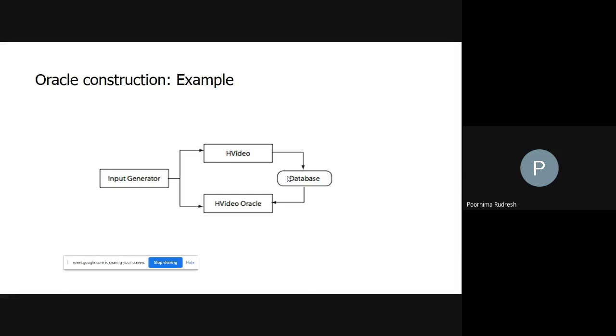Once that information is displayed, you can get the data, and if you want to run it once again, you can do that. So here, searching the given input in the database is acting as an oracle. The program that searches the information in the database is acting as the oracle here. Understood? Any doubt here?